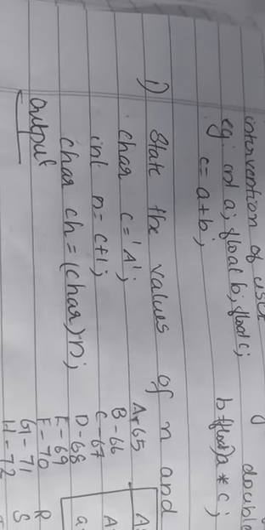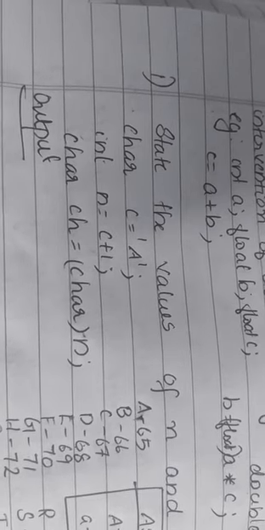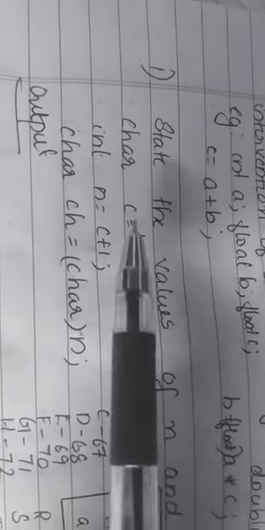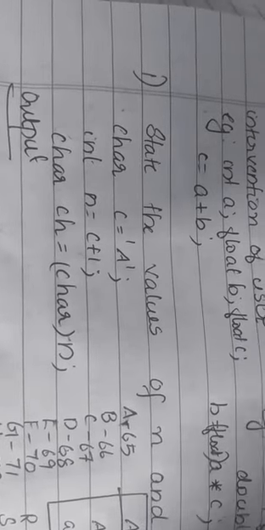In order to do this type of program, you should be aware of the memory consumption of each data type. As you all know, character has 2 bytes and integer has 4 bytes. So among these, which one is the higher type? Integer. The variable c is of character type, so automatically this character variable will be converted to integer type. But here you can see that the value assigned to the variable c is 'a'.